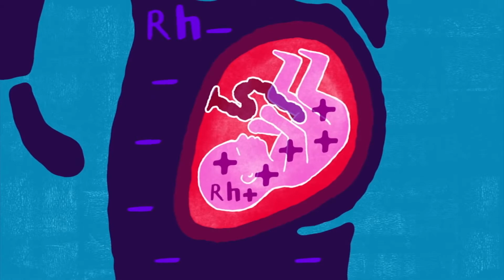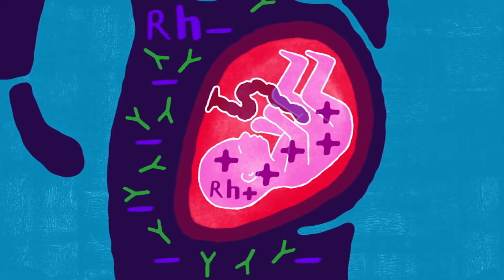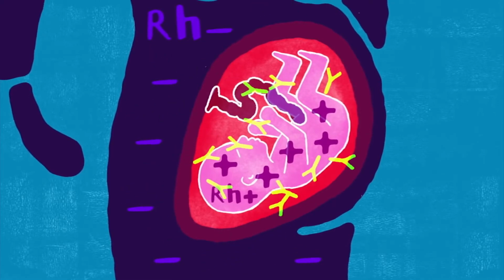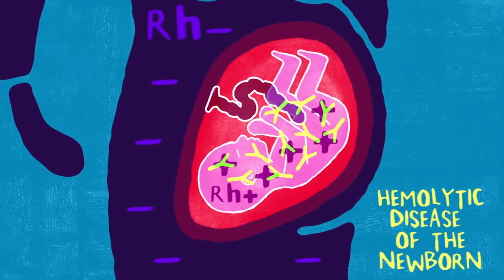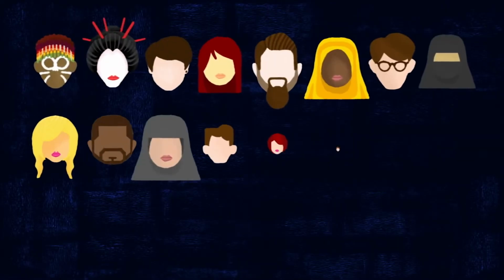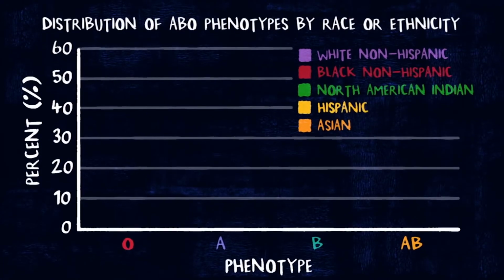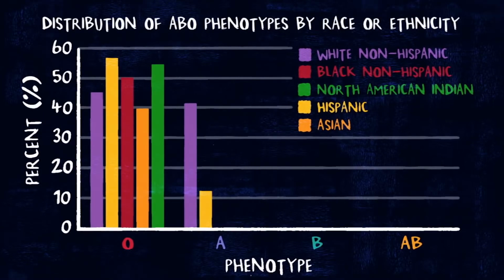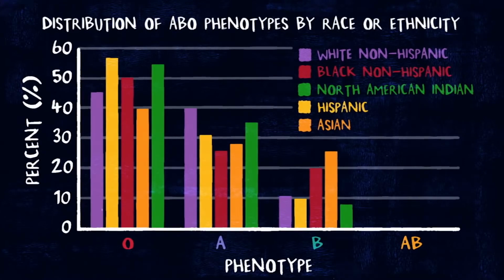If an Rh negative mother is carrying an Rh positive child, her body will produce Rh antibodies that may cross the placenta and attack the fetus, a condition known as hemolytic disease of the newborn. Some cultures believe blood type to be associated with personality, though this is not supported by science. And though the proportions of different blood types vary between human populations, scientists aren't sure why they evolved,